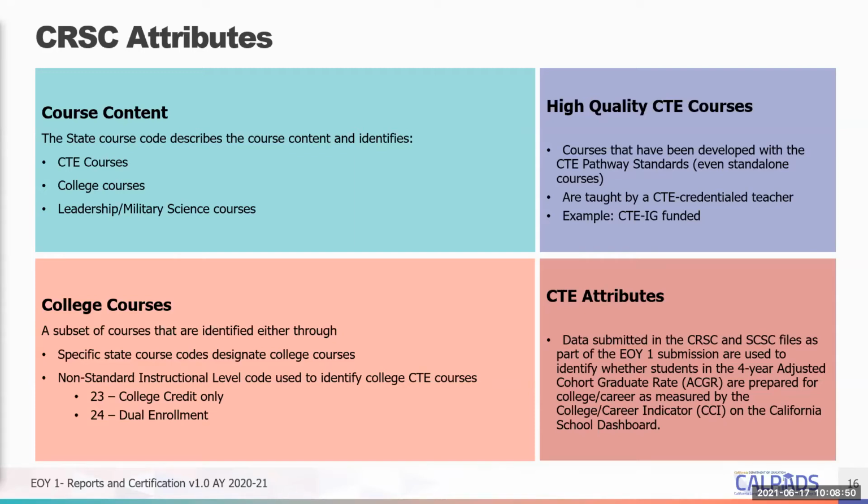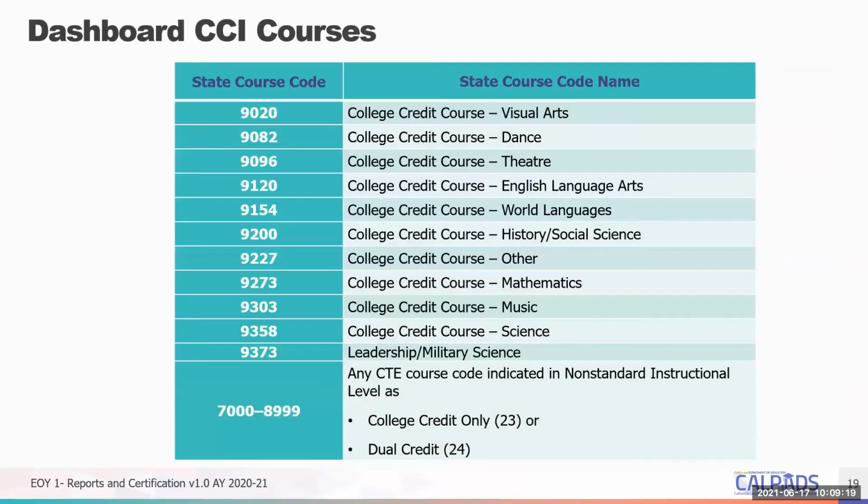Is your CTE course articulated with a higher level or college institution? These kind of things are required and used. So that's not just something you want to populate because it's required. You want to be able to report the data as accurately as possible. And if your CTE course is articulated with the college institution, you want to be able to indicate that as such in CalPADS.